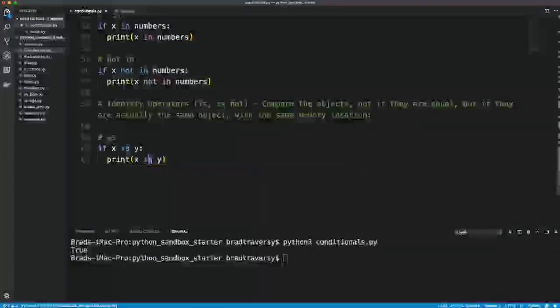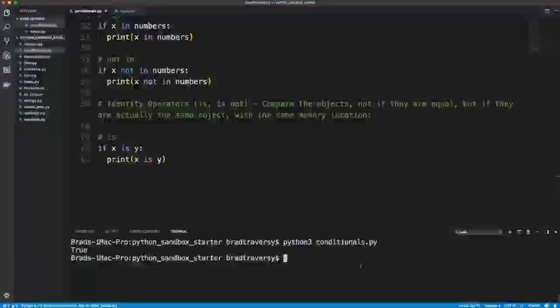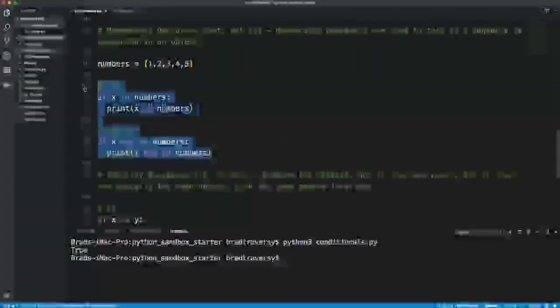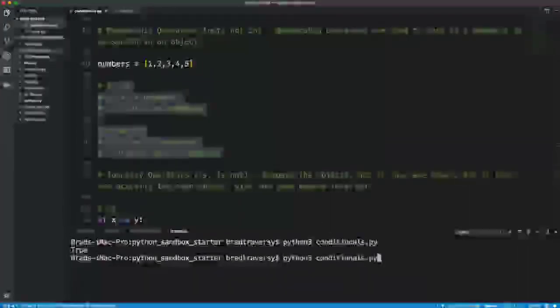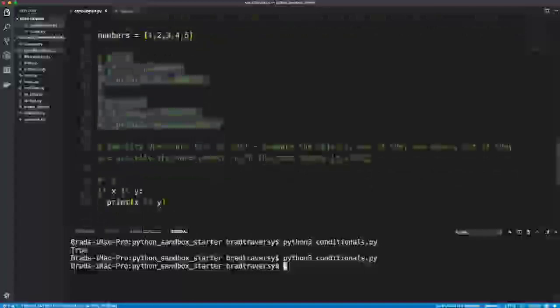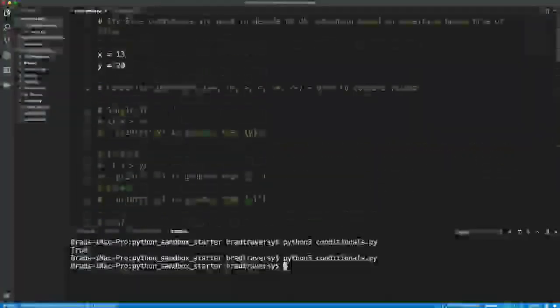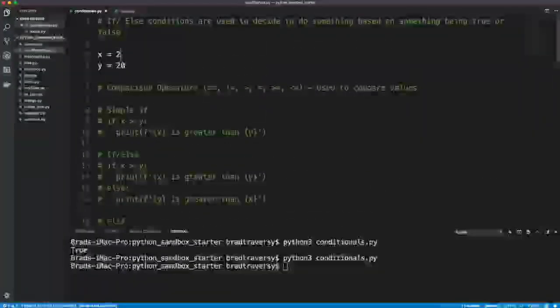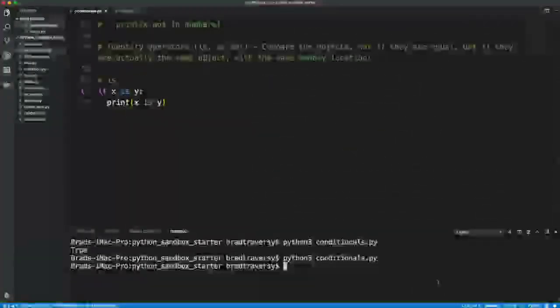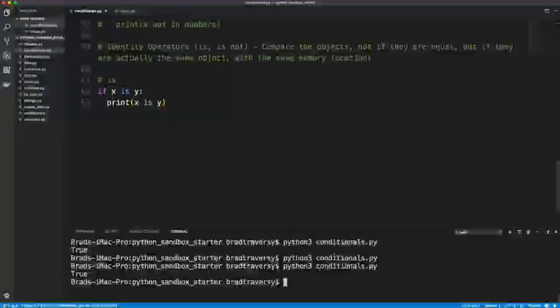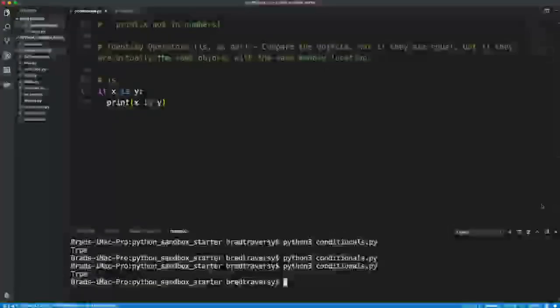Print x is y. So let's actually comment this out. And if I run this, we get nothing because x is not y. But if we change it to 20, and we run it, then it should give us true. Okay, it gives us true because x is y, and then at the same time